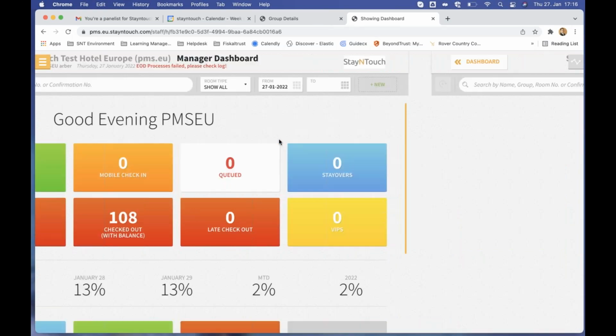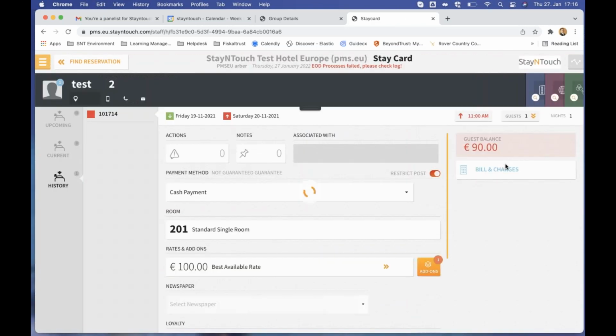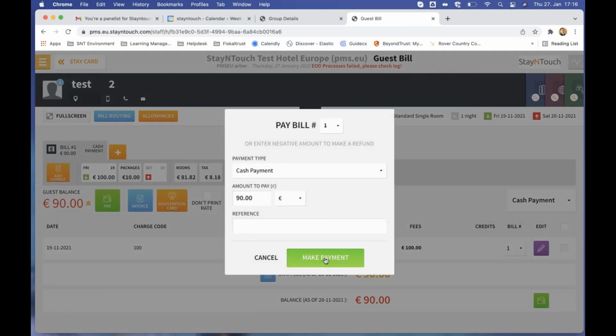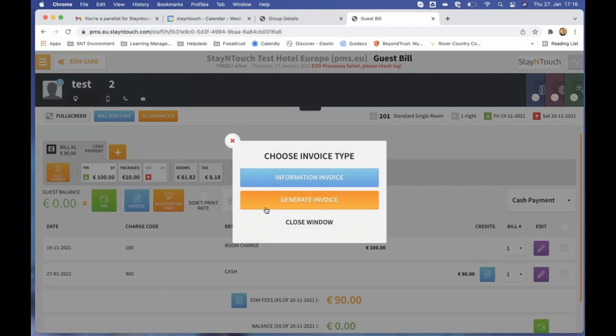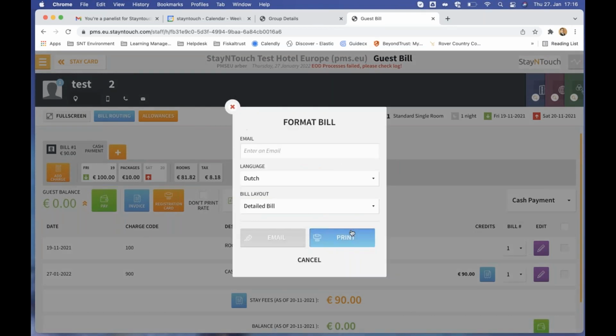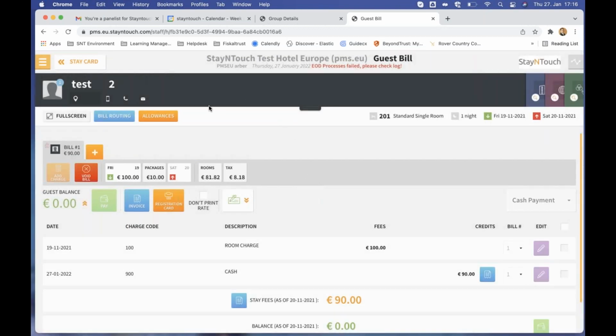So if we make a payment, and then we generate the invoice, we will notice that on the invoice itself,